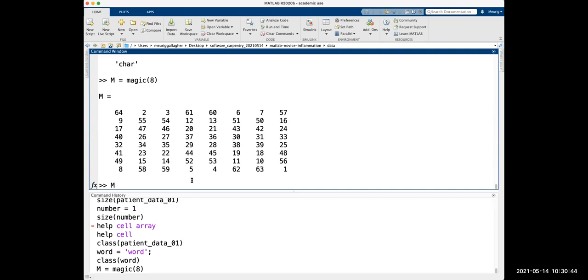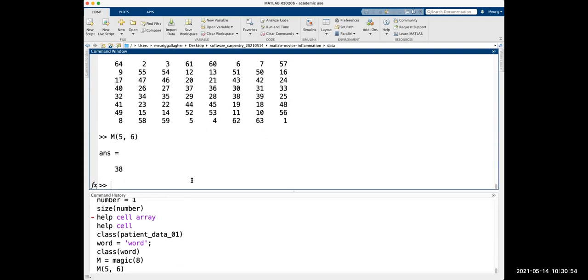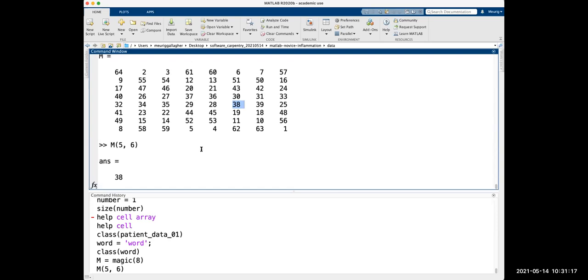So we want to access something in M. We can use parentheses to say we want some part of M, and we want the 5th row, we're always row first, and then we want the 6th column. And if we hit enter, that's going to give us our 38 there that we were after. So indices in MATLAB are always presented rows first, then columns. If you had one of these multi-dimensional arrays that we were talking about, you could have a 3rd index or a 4th index or a 5th index, and you just keep chaining these along with commas separating each one as we go. But maybe we're not interested in just picking out a single value.